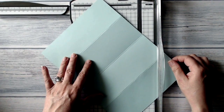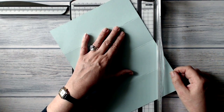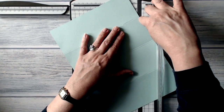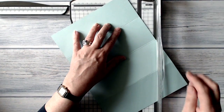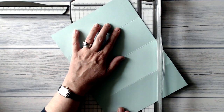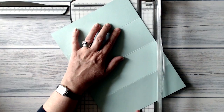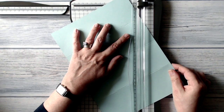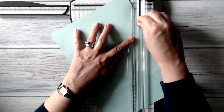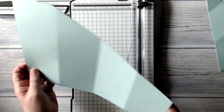So here's my pre-scored and pre-folded card, and I'm taking it to my Stampin' Trimmer and putting it into the trimmer so that that fold is lined up with the cutting channel. At this end I've left myself about 2.5 inches from that bottom corner, lined up with the fold, because I don't want it coming to a sharp point. I want a bit of space left over. And I'm just going to slice along that with my cutting blade. I'm going to keep that bit for a second, and there is my